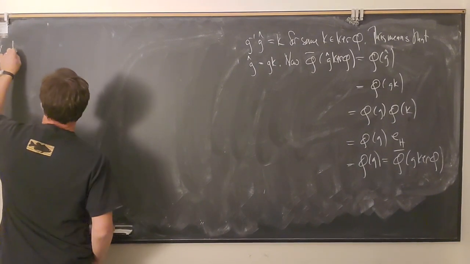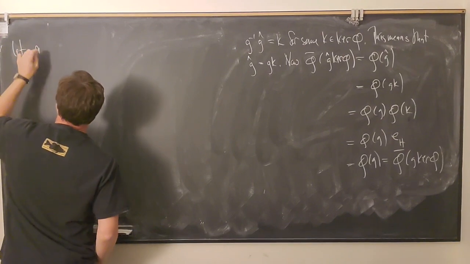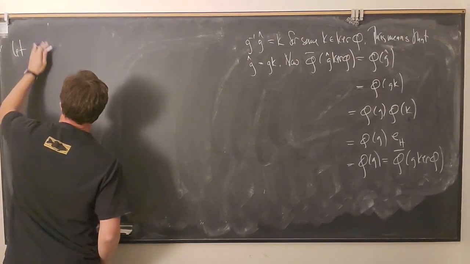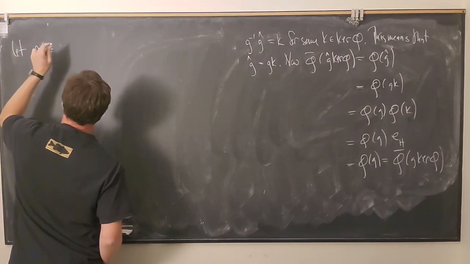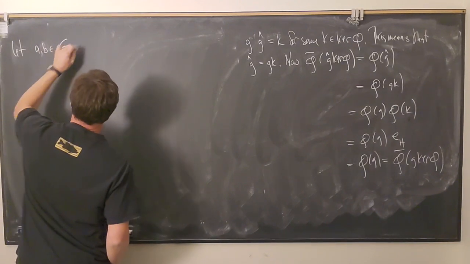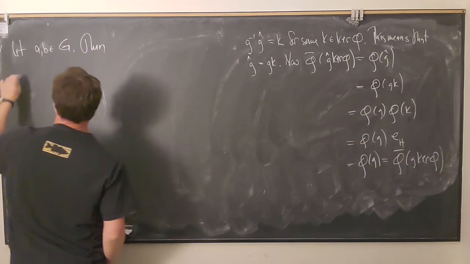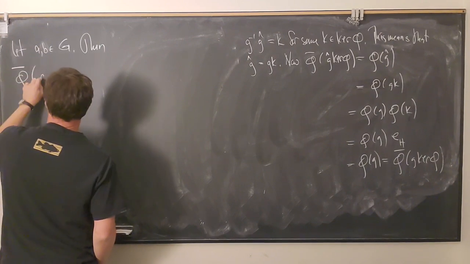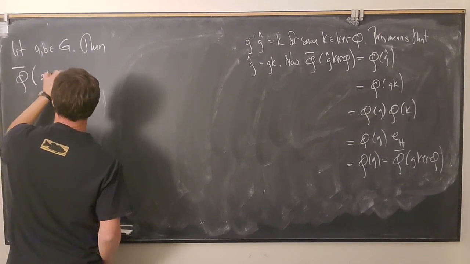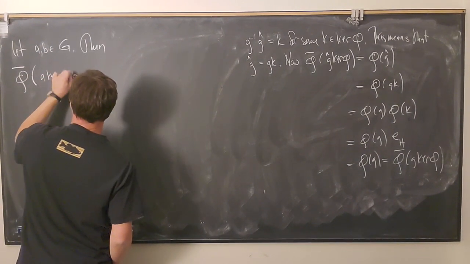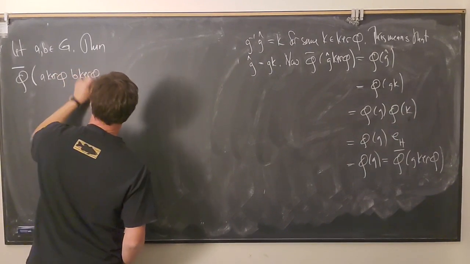So let's call them A and B in capital G. Then if I look at phi bar of A kernel phi times B kernel phi,